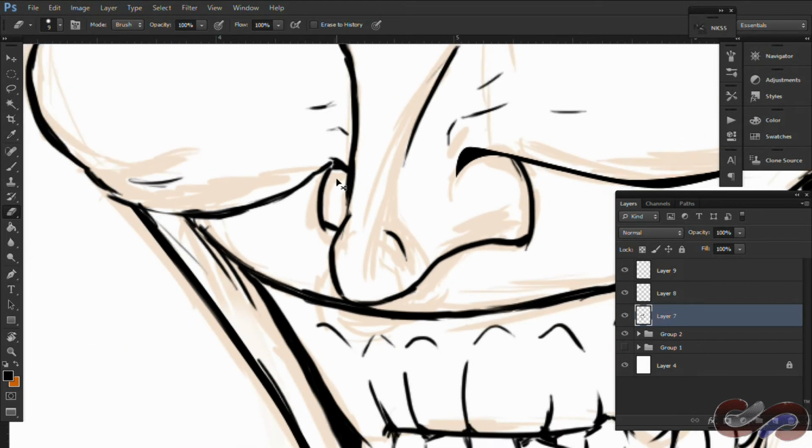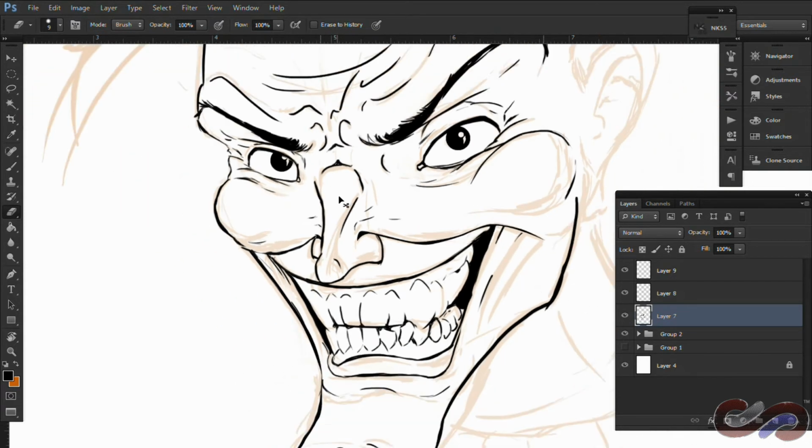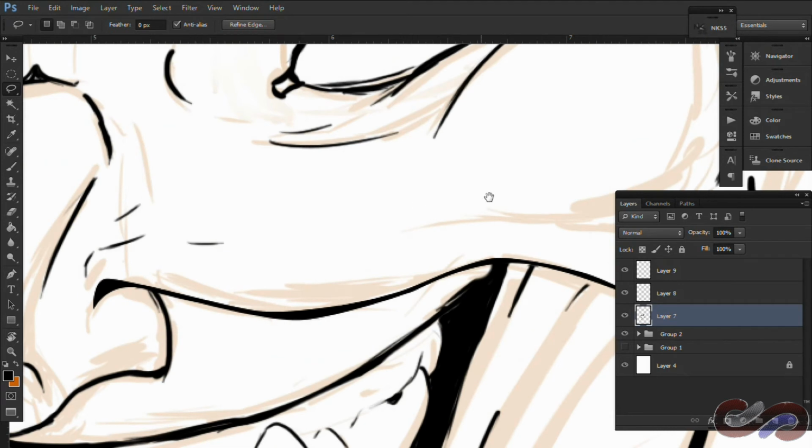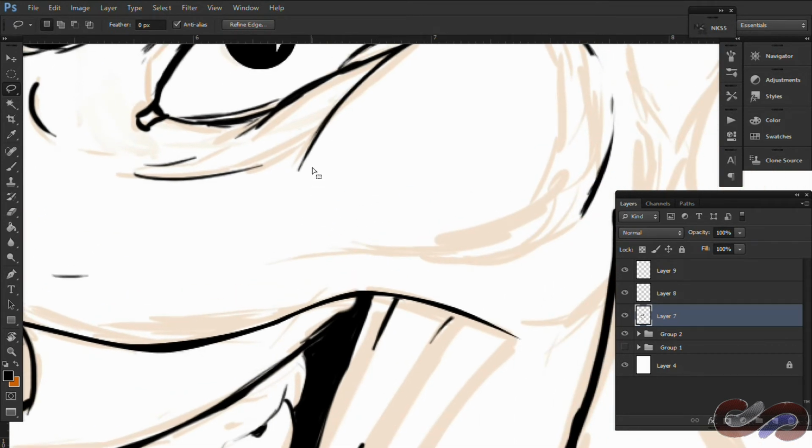But another reason I was doing it like this is because I'm trying to go fast. So I'm not planning on using this for anything other than this little tutorial. Another option is you can take the lasso tool, which is very useful, and if you've got a quick enough hand or think you can do it, you can just deselect that first. Now, take the lasso tool, create a line, then you can just know which line you want to use, fill it in, then take the eraser tool and quickly erase what you don't want,